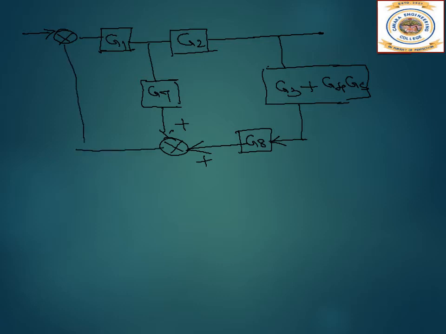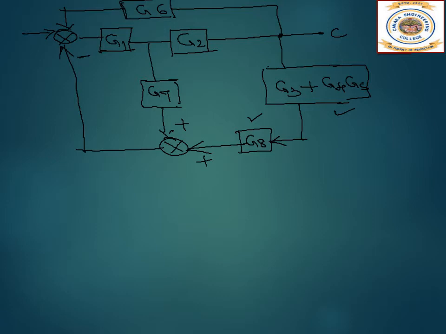Then it goes over here. This is minus, and here you have to be careful. Then here we have a feedback path with the G6. See, I can write C here or here, it is the same. Okay, so I've written C over here. Now these two, the G8 block and this block, are in series, so I can just multiply them.